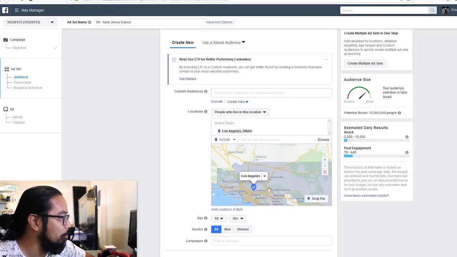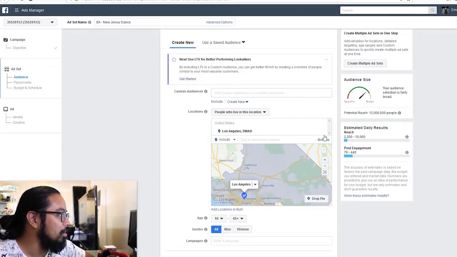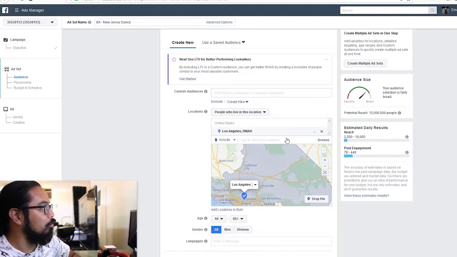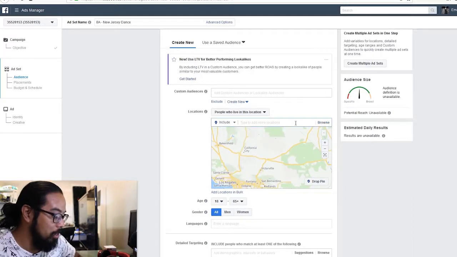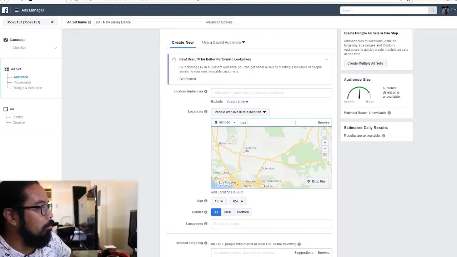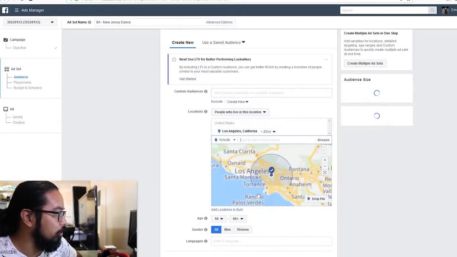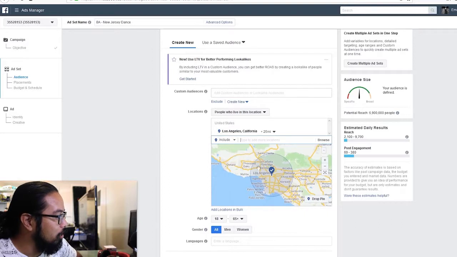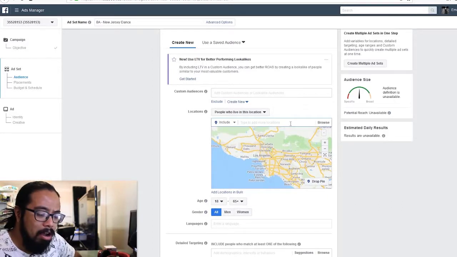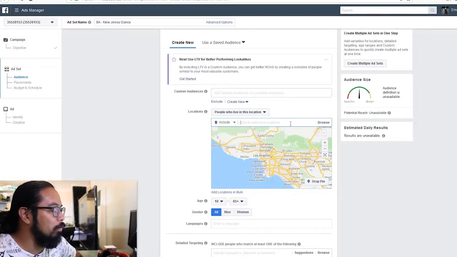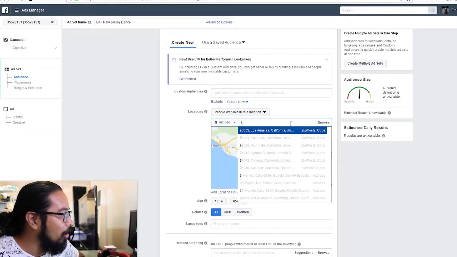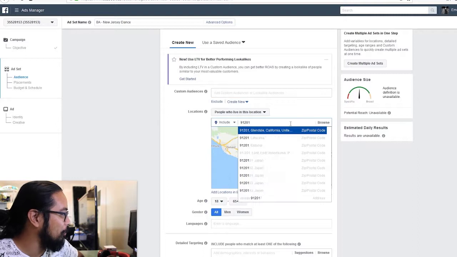See, going from here, going way past Victorville. So those of you who live in LA or who've been to LA or California, it's a big area. If you want to get a little bit more specific, you can just target the city, a little bit more targeted within the 25-mile radius, or you can get really specific with zip codes. 91210, we'll do Beverly Hills.